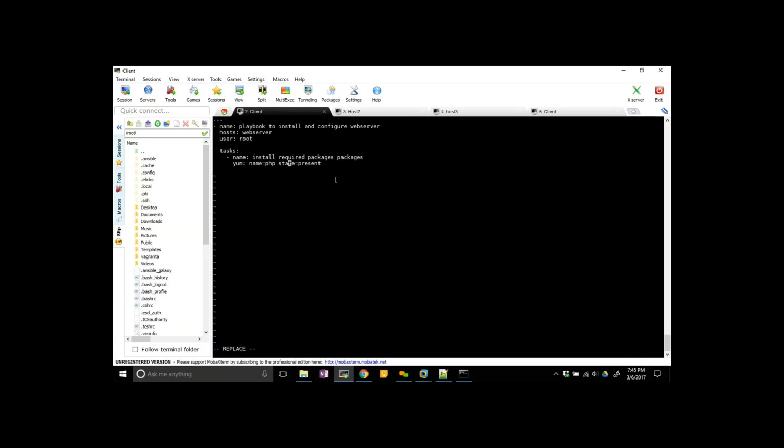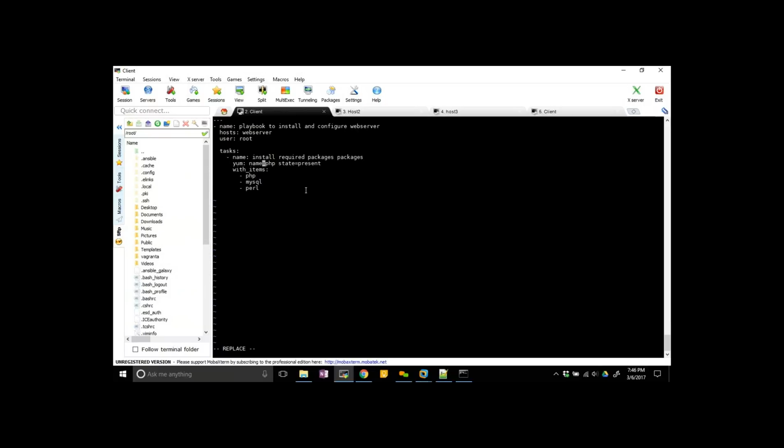Okay, so with underscore items colon, and then list the files. So what are the packages you require? PHP, and let's take MySQL, and I'm giving multiple package names. So here Perl.